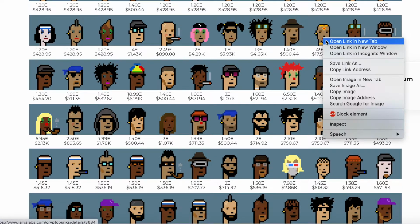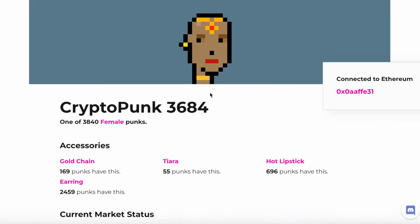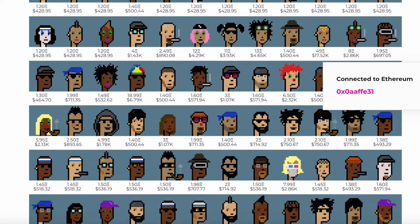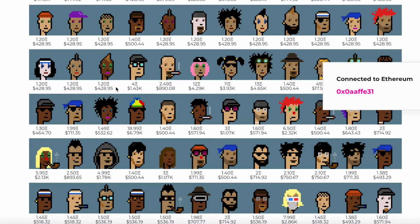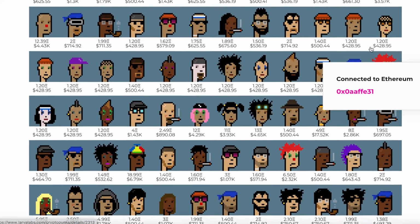Here's a big tiara. This was like the first big tiara purchase. Everyone loved this one. She looks great. This is worth a lot right now. That was a great buy, which people might have thought was crazy at the time. And here you can see everything is starting to get picked up